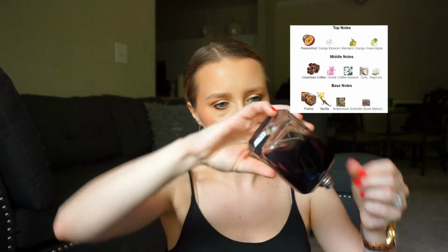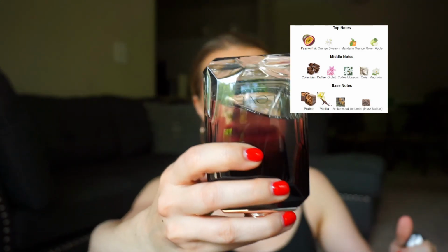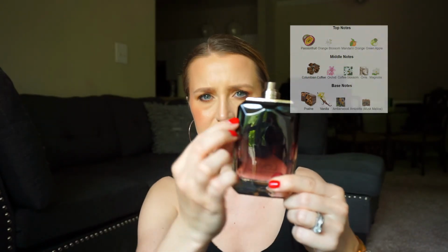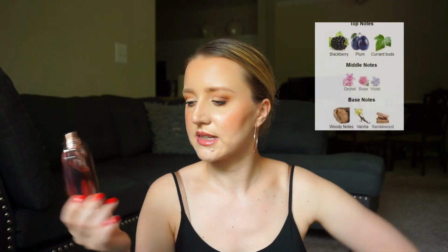You can't really see, but I did use quite a bit. Can't see because it's right here. It's really sweet candy and just warm and inviting. I love this one. It's so good. And that one is